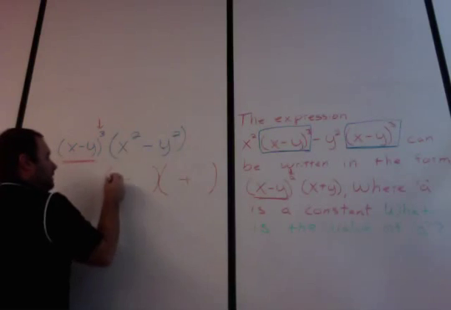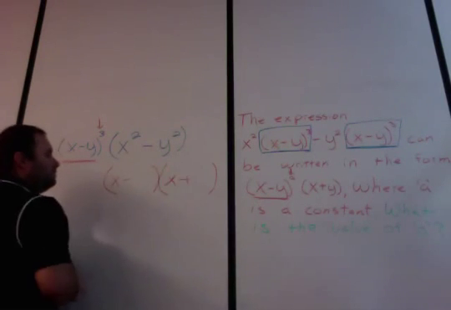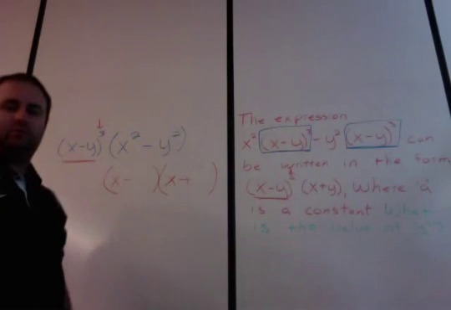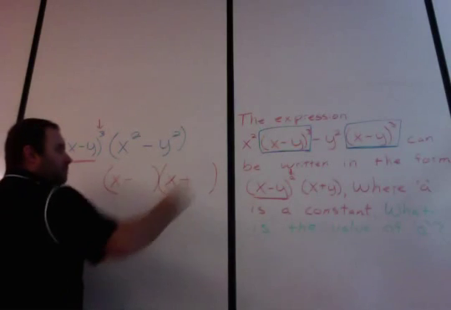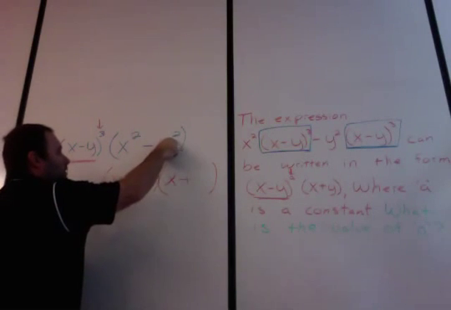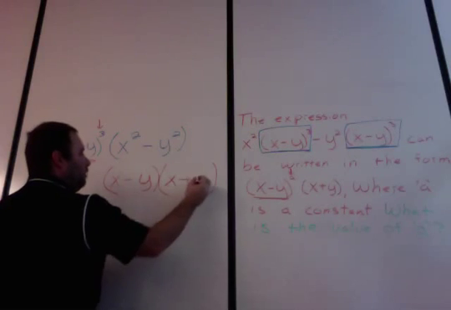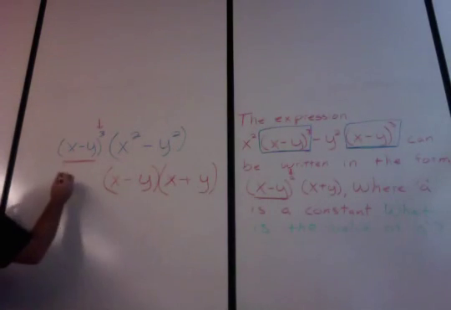The square root of x squared is x, put that here and here, and do the same thing with y. We need to square root this. This is how you break things apart. The square root of y squared is just y, so I'm going to place y here and y here. Now, if I bring this all together,